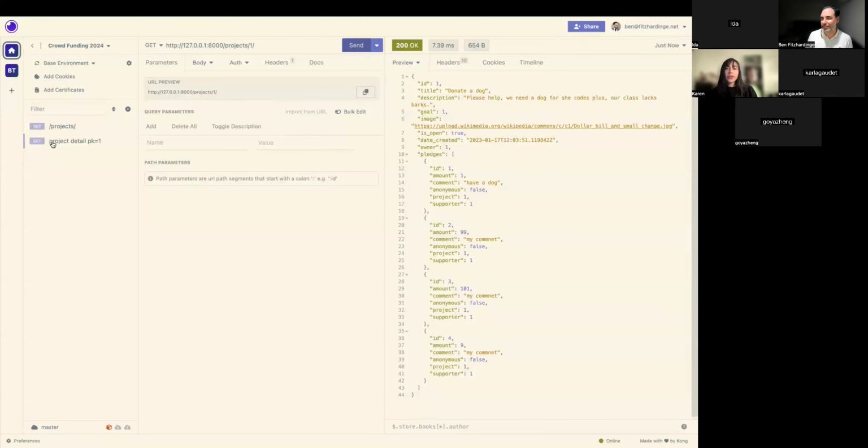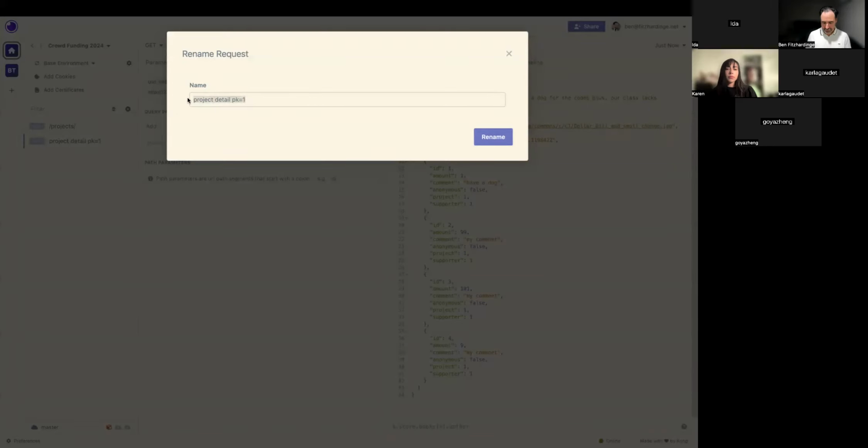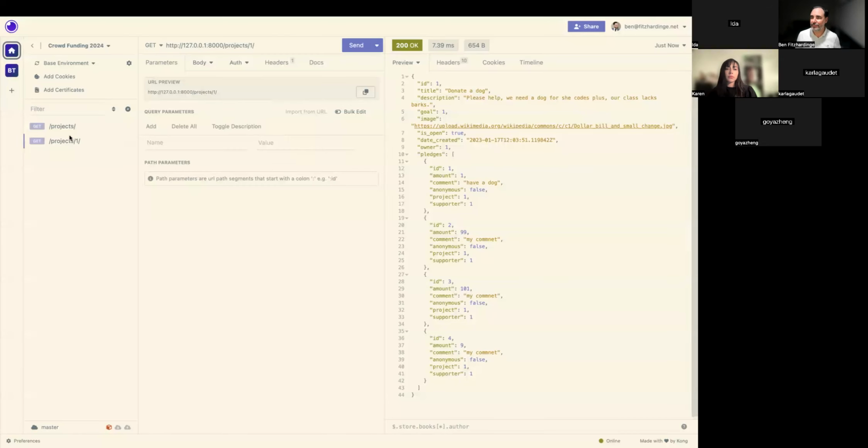So I prefer whatever helps as a human. But I think it reads better the other way because that is what it is. Like it's more explicit, it is /projects/1 because that's where we're going. Yeah, I guess it's easier. Well, normally when you're looking at your URLs and you're wanting to test something, you'll remember the URL because it's the thing you're looking at. Whereas if you give it an abstract name rather than an explicit name, or like a URL is the name, then